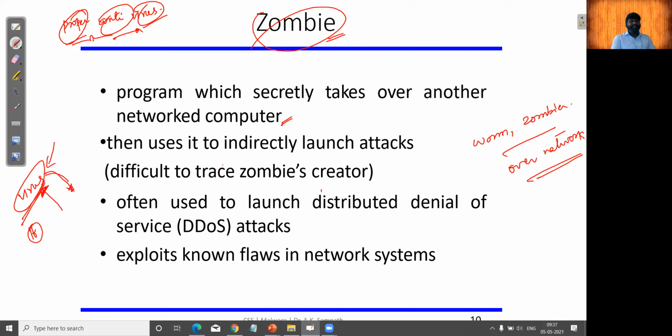And if you are using the same pen drive with a normal machine which is uninfected, which does not have any virus, that same computer will also start getting infected through the infected pen drive which we used. I hope this is clear.